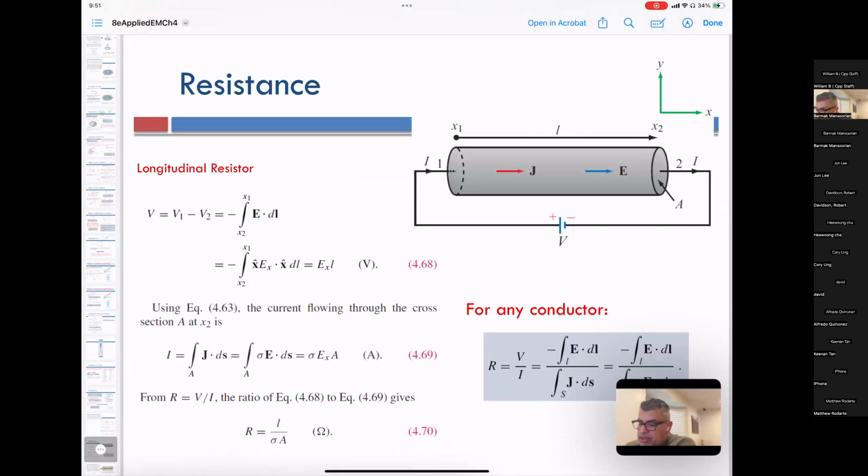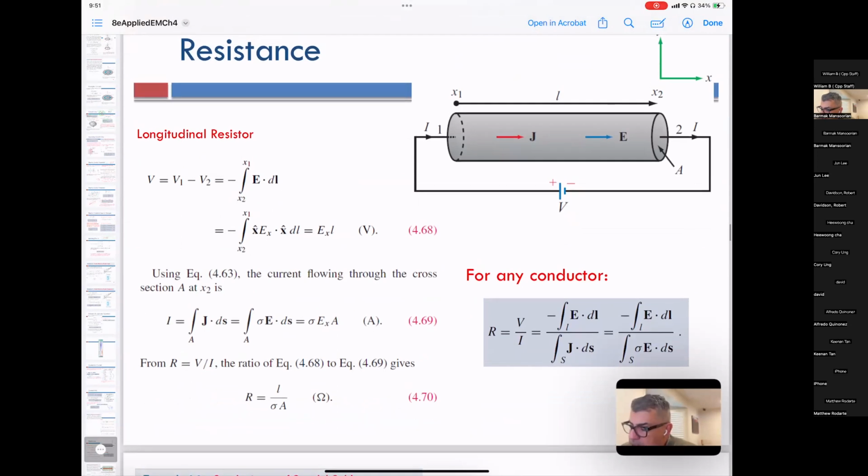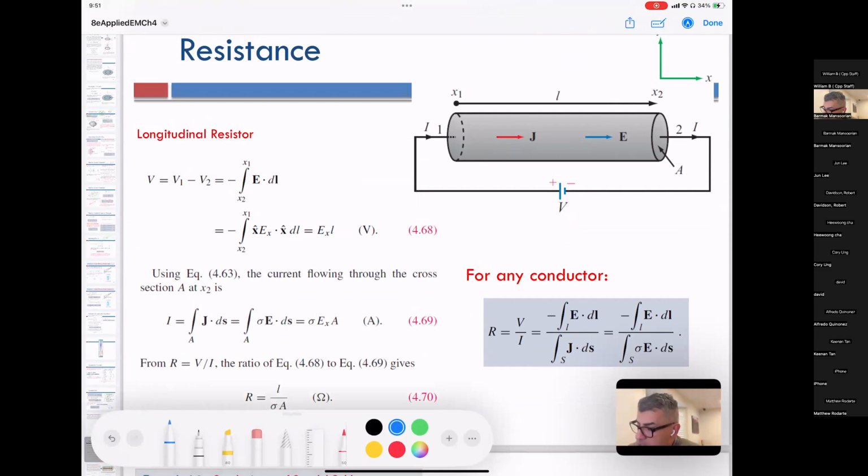This sort of gives us the resistance equations, defining it in terms of the electric field and current density. I think I'm just going to jump to the conclusion here, which is that